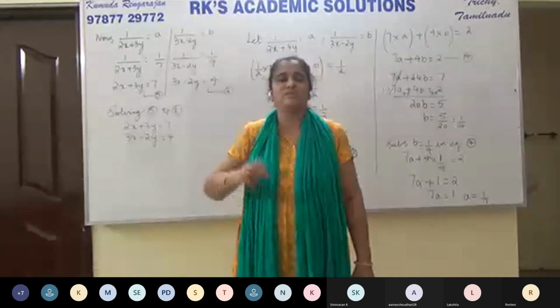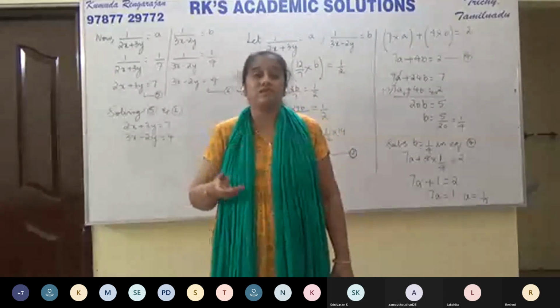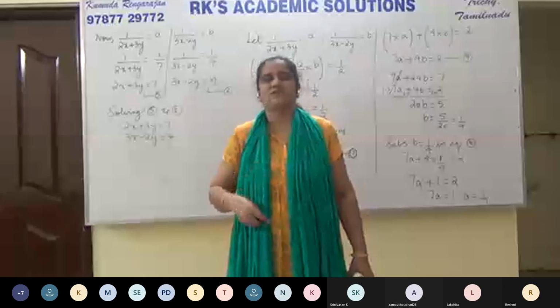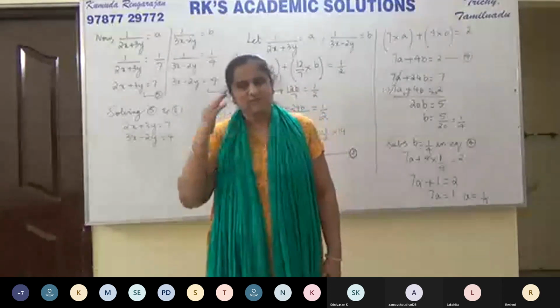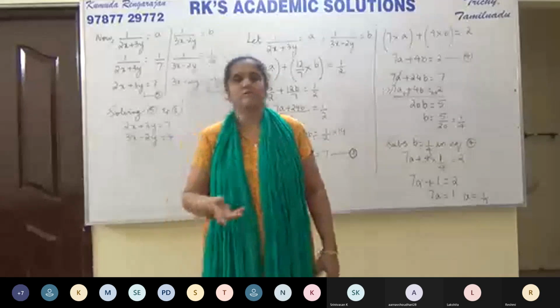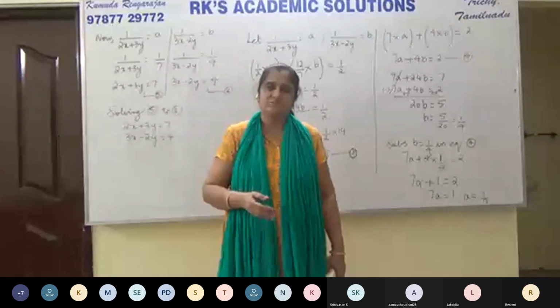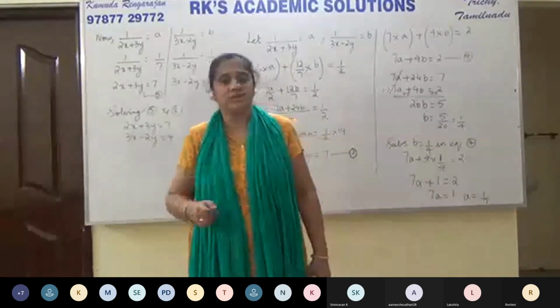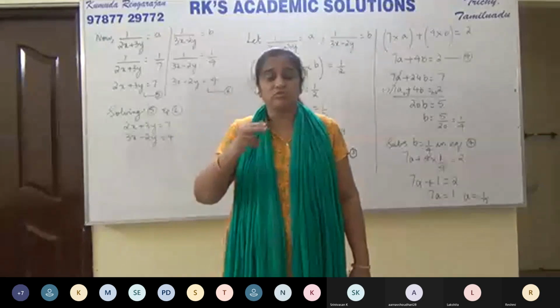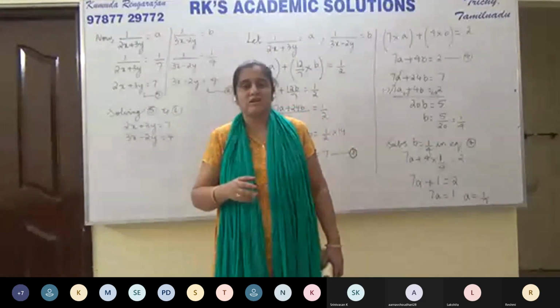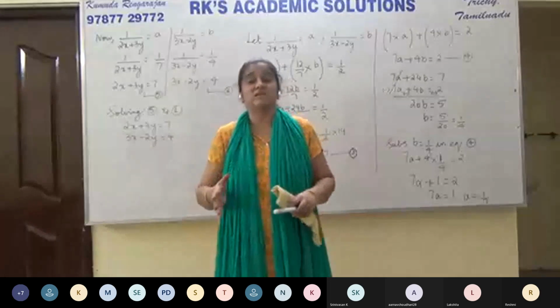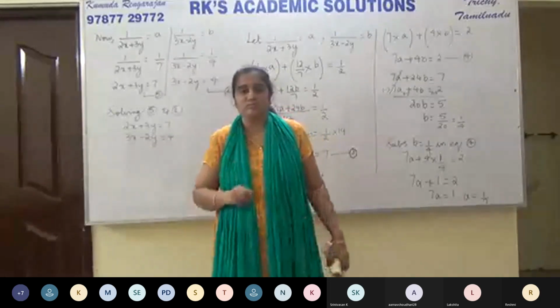We normally go with that method when the numbers are large, meaning when the coefficients are very large. Even then, you can use any other method. You can use the cross multiplication method, the substitution method, or the elimination method. There is no rule that you have to use a special method, but we use it because when the coefficients are large, the calculation becomes really cumbersome. So we have to use a special method there.